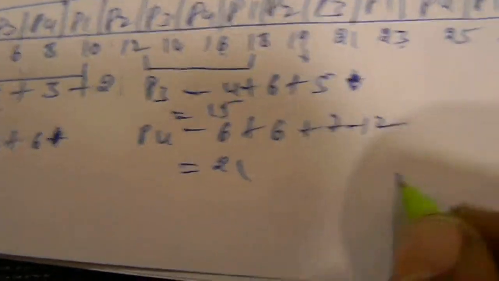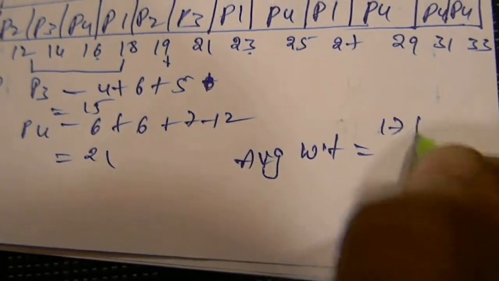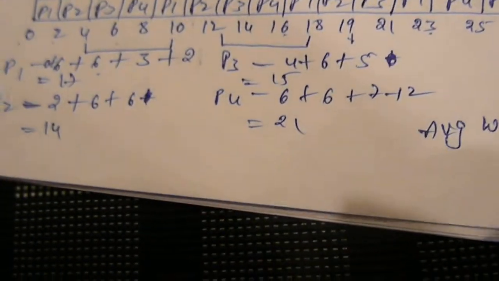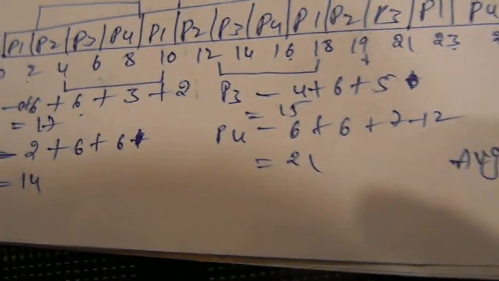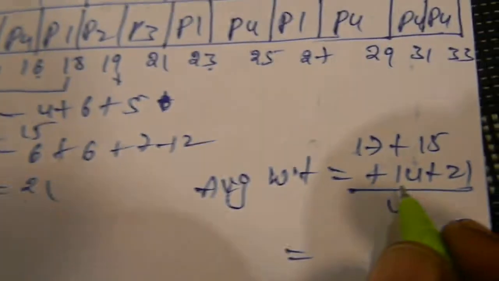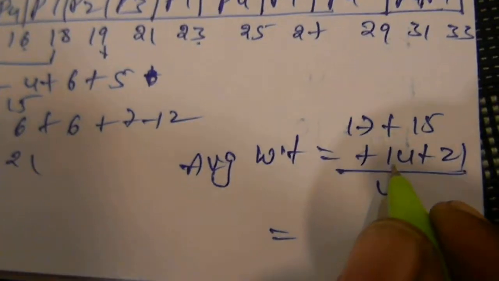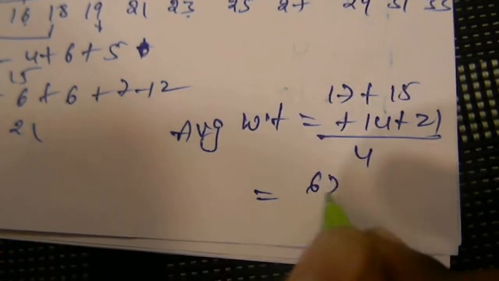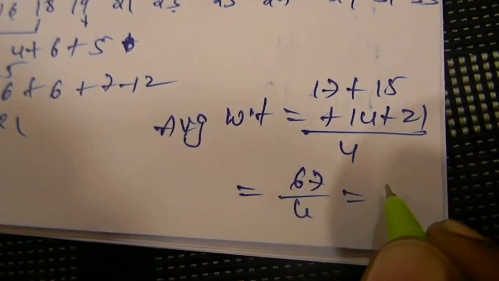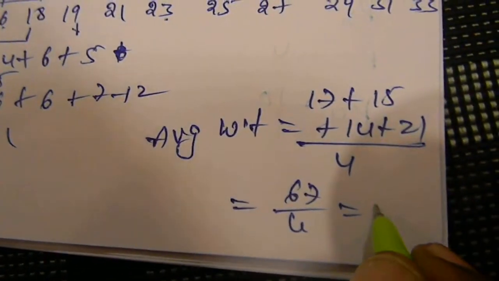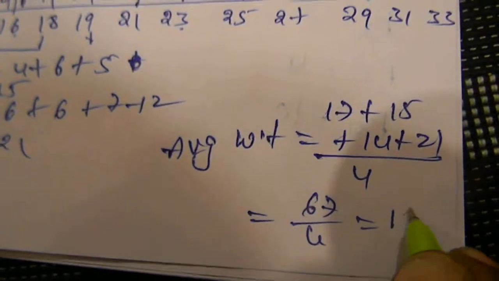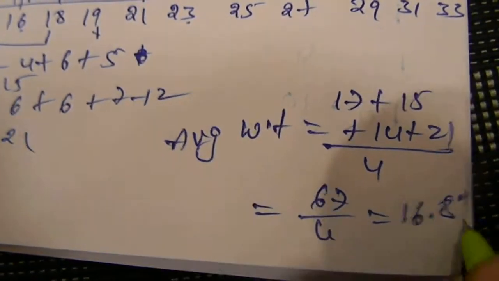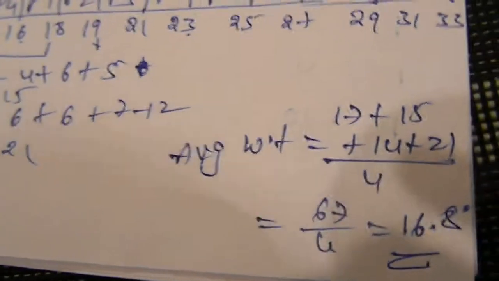The average waiting time equals 17 plus 15 plus 14 plus 21 divided by 4, that equals 67 divided by 4, which is 16.75, about 16.8. This is